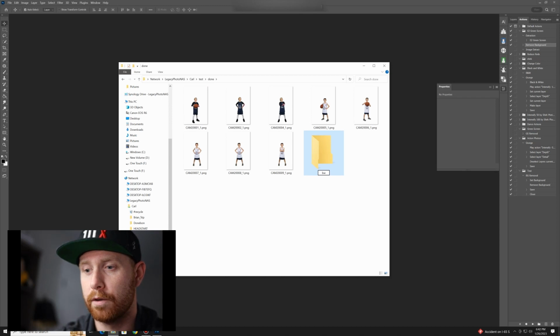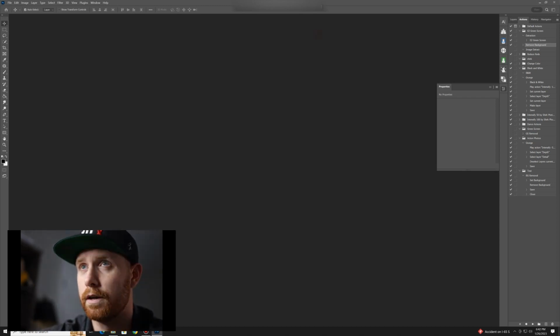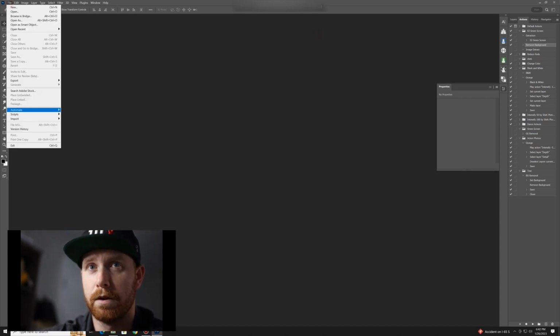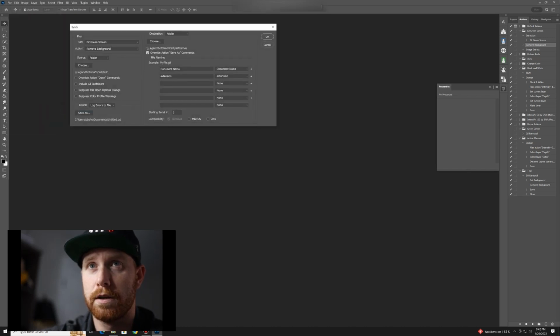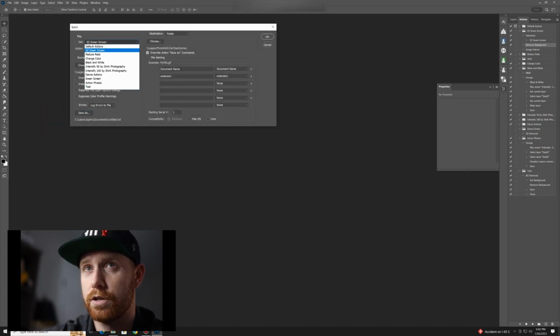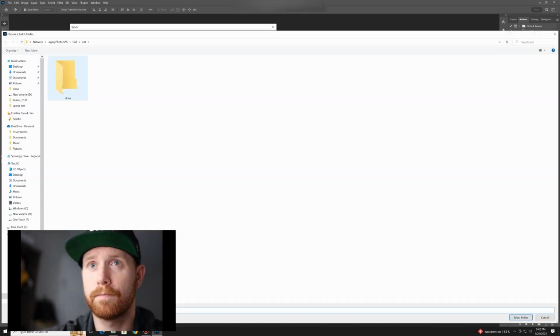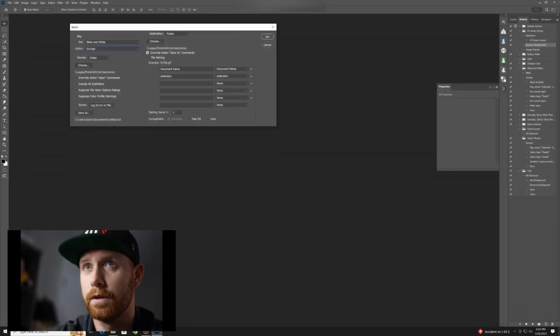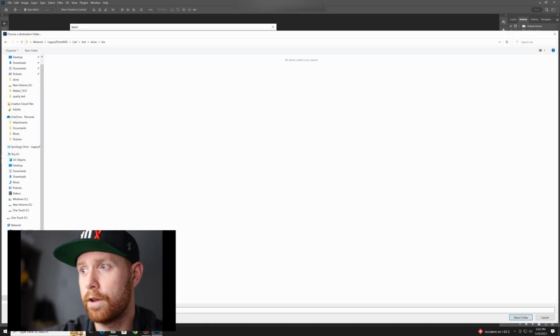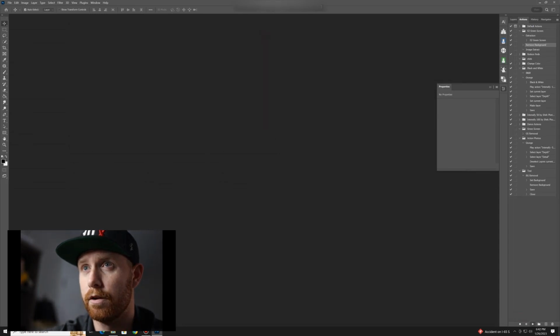So black and white, and then all I'm going to do is come up here to File, Automate, Batch, and I'm just going to change this to my grunge. So you can see I don't have anything under my black and white. It's all under grunge, so it changes it black and white and then changes the grunge. So now I'm going to change my folders. I want it to be the done folder and then the black and white folder. I hit OK,